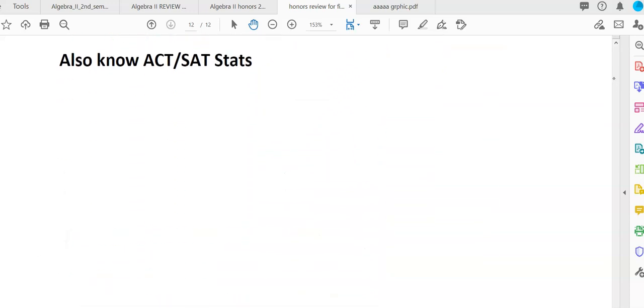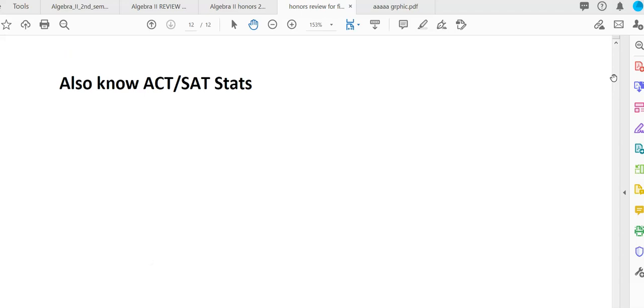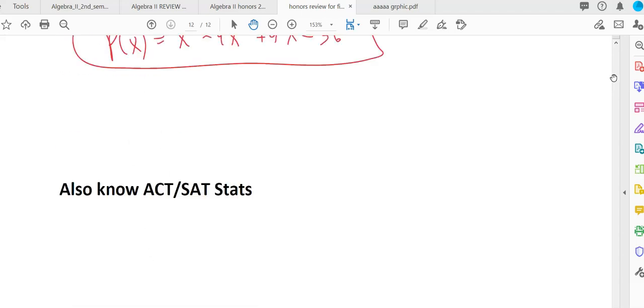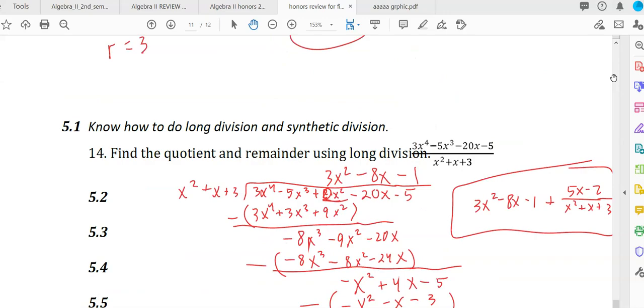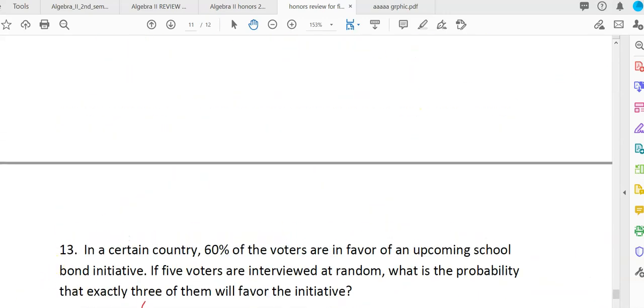And know your ACT, SAT stats. Any of those questions we used, homeworks, reviews, tests, are fair game. I'll probably choose one of those, to be honest. Some of those, not just one, but a number of those. That is your review. Sorry it took